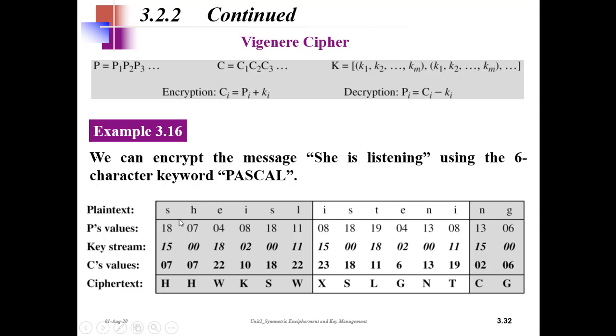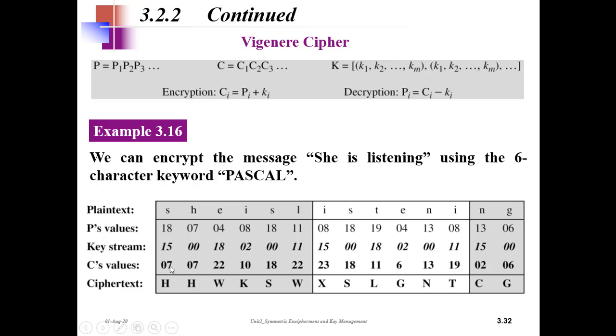Then the key string is given as Pascal, right? If you see, P corresponds to 15 in that slide, A corresponds to 0. This way you write PASCAL, so you are done with the key. Again start with the same key, PASCAL, then PA, so it is ending here. That is the meaning of K1, K2, up to Km, the alphabets of the key. Then what we have to do? Just add them. We don't even have to take mod, right?